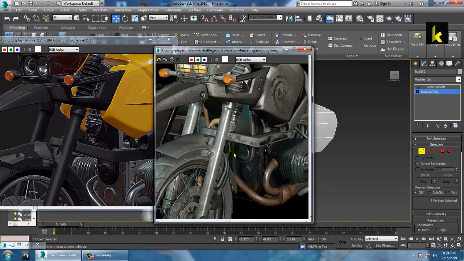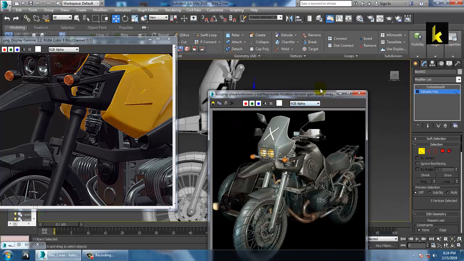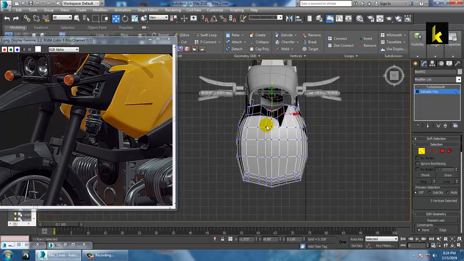So as you can see, we also have a kind of a chassis over here, which is actually connected with it. So we can just go over here,